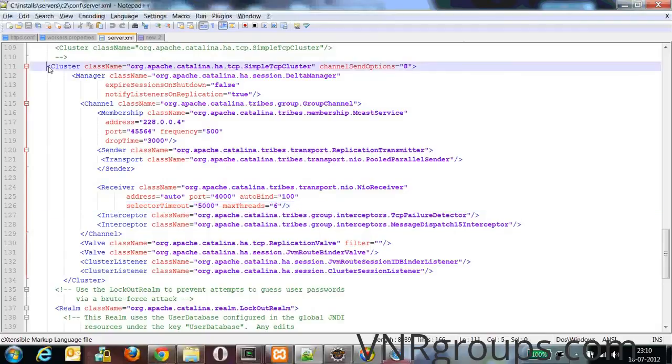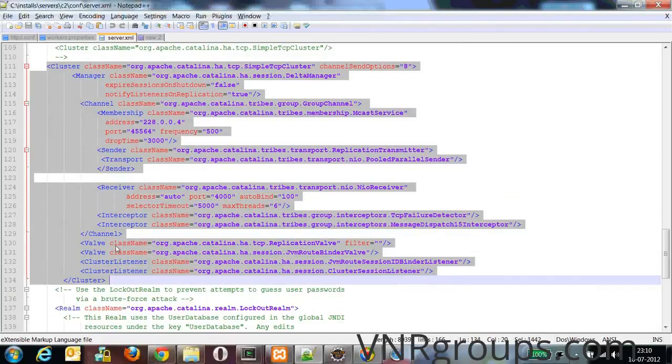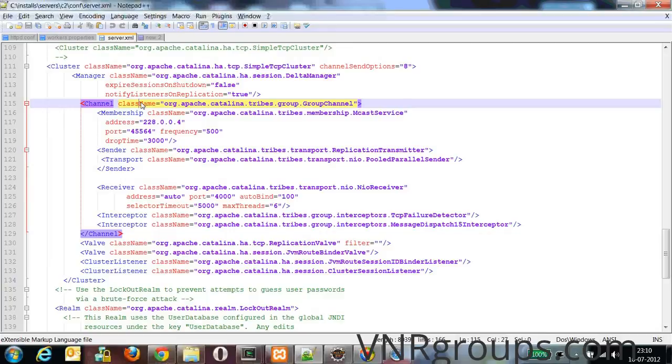So this is what a typical cluster configuration looks like. This configuration has to be put in each Tomcat's server.xml file. All the Tomcat instances which will be part of our cluster should have this entry in the server.xml file. Now I have already configured this in my two clusters, one cluster is C1 and another cluster is C2. I have also already configured my Apache load balancer with my servers, which I demonstrated in my previous video.